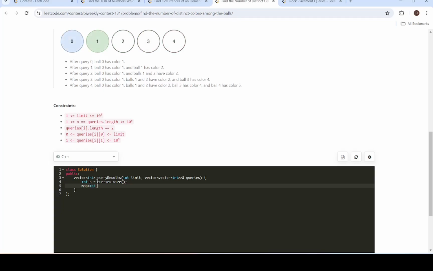Let's create a map which is ball color. Like it maps the ball to the color it has. Then we create a map called color counter. Like for every color, how many times is it present? Maybe. Okay. So now what you can do is